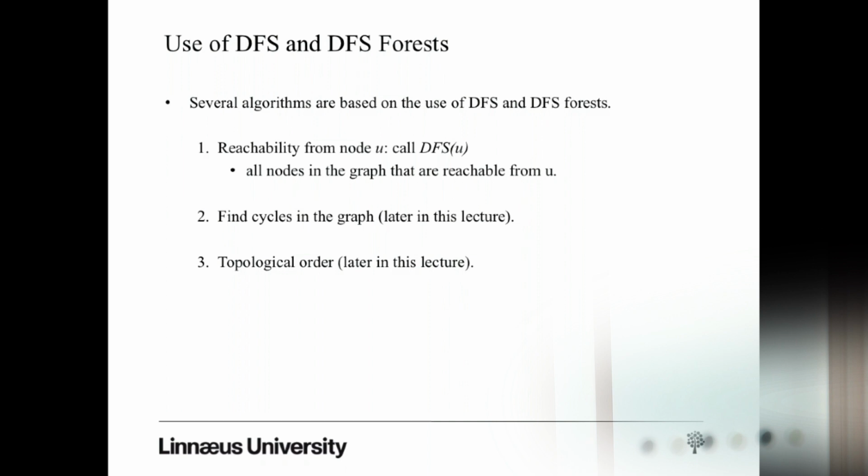if Växjö is a city modeled as a node in a graph, with different roads connecting to different cities, and you want to find out to which other cities we can travel from Växjö, then you can use DFS. If you start with the node representing Växjö, you will find all the reachable nodes using the DFS. We can also find cycles in the graph, which we will see in the coming slide, how we can use